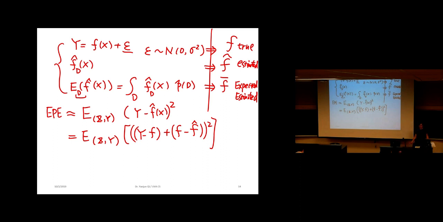Okay? And then it's equivalent to y minus the f, which is the epsilon Gaussian variable, right? If you look at here,